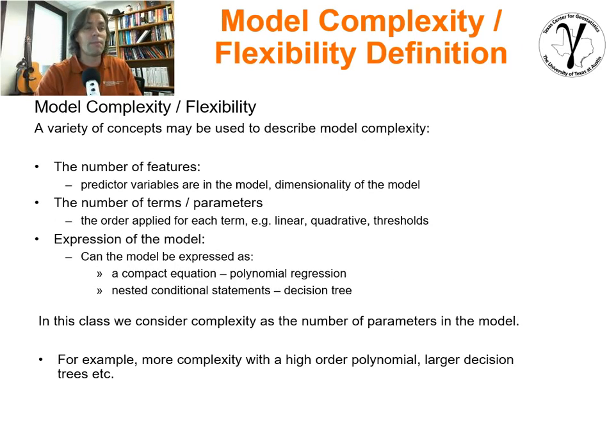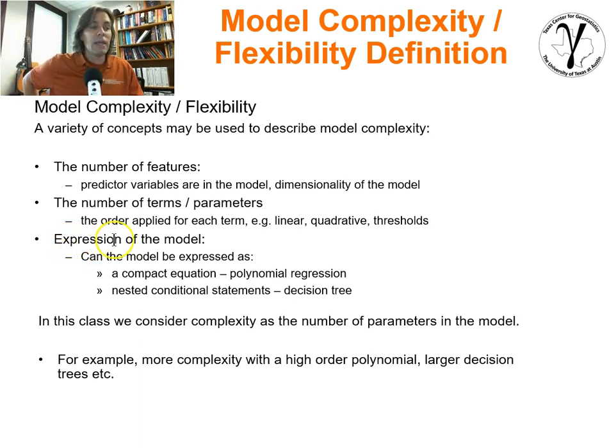That's complexity. So there's a variety of different concepts that we can use to describe model complexity, like the number of features. If you have a lot more variables to work with, that could be considered a more complex model. It's higher dimensional and harder to look at and so forth. Another is the number of terms and parameters. The idea that you could have one variable, but it could be first order or sixth order, as we showed before, or a neural net. And so those could be considered the complexity, the more terms or parameters that you're estimating in the model.